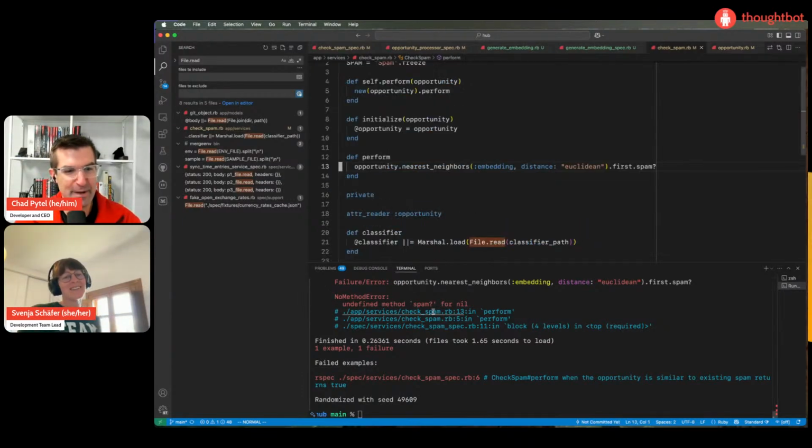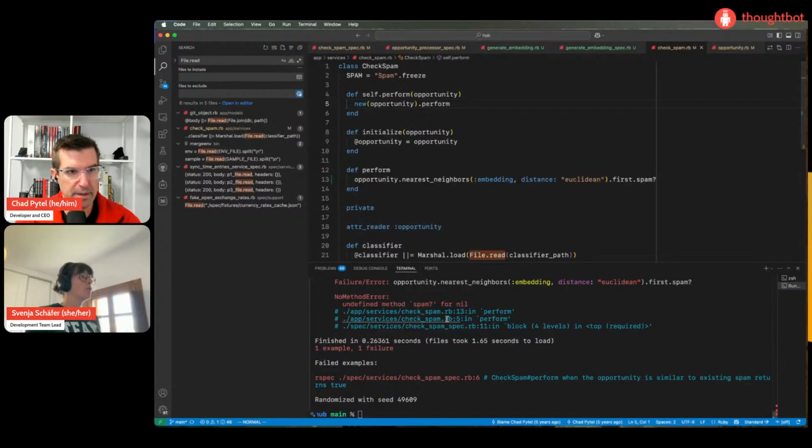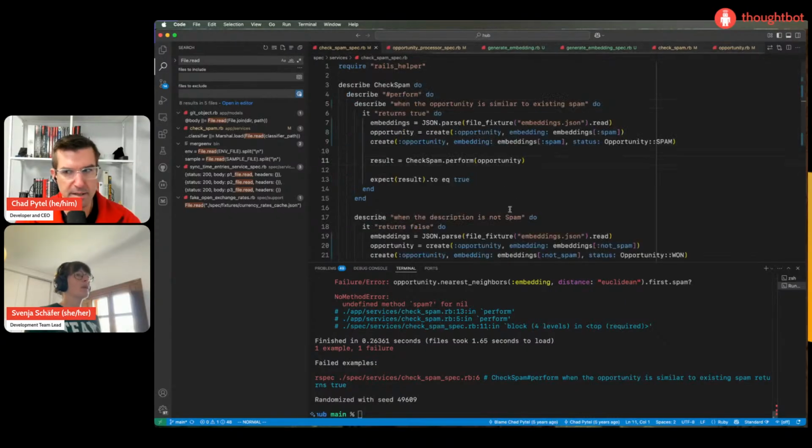Okay, undefined method spam for nil. Why was that? We should handle the nil case, but I'm curious why. We created an opportunity with an embedding. We created another one that is spam with the same embedding.